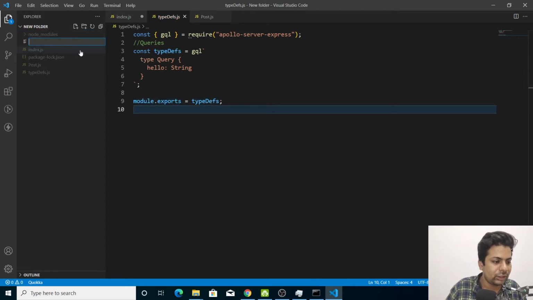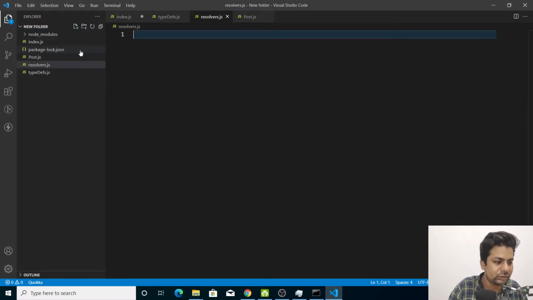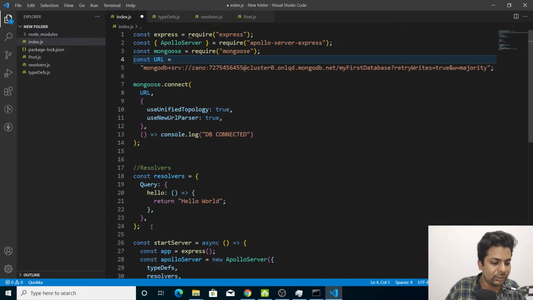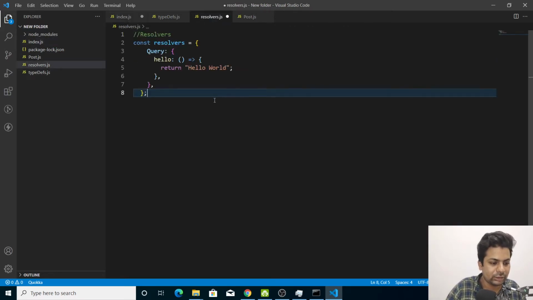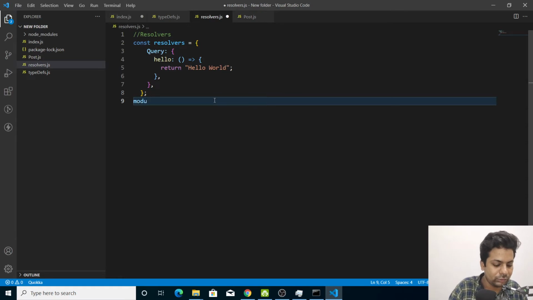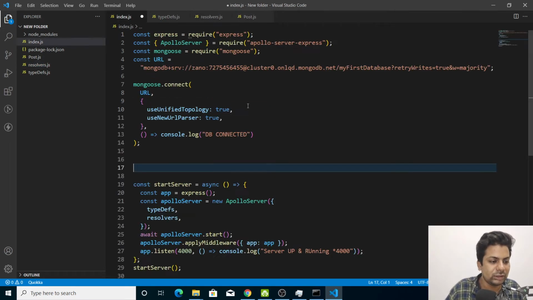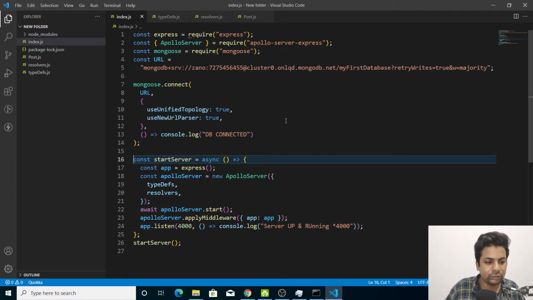Same thing for resolvers.js: cut this out, put it here, and module.exports equals resolvers. Save it.